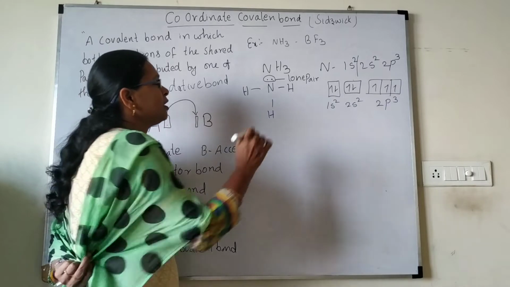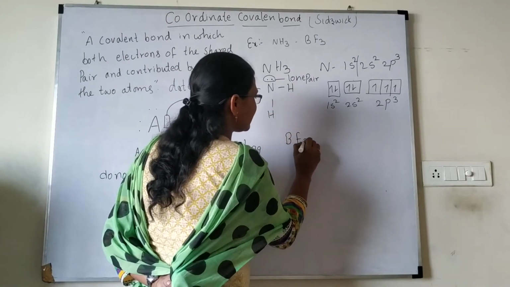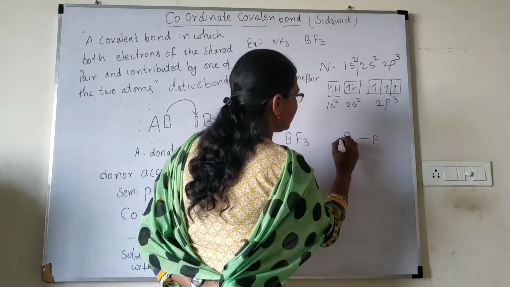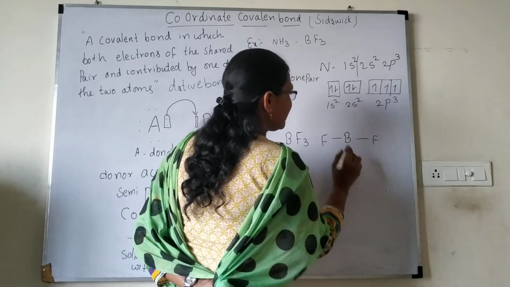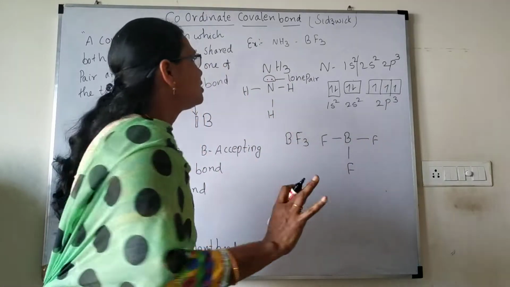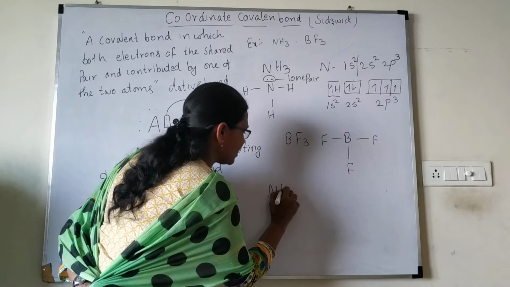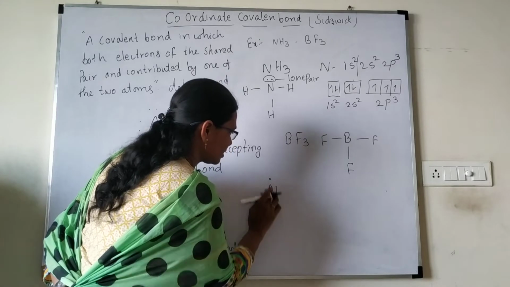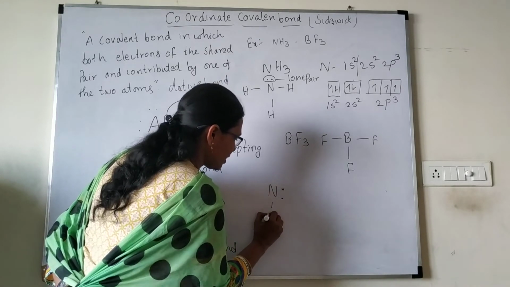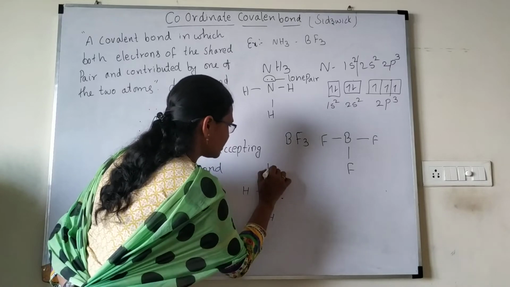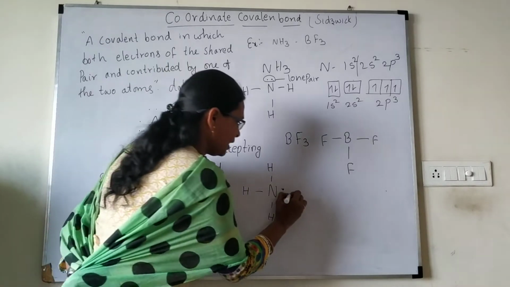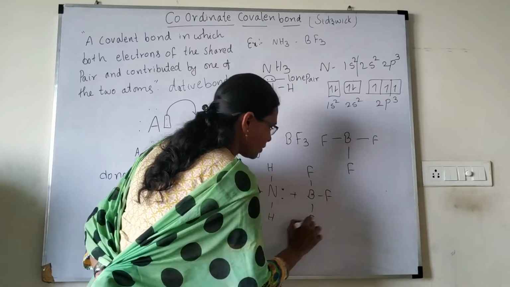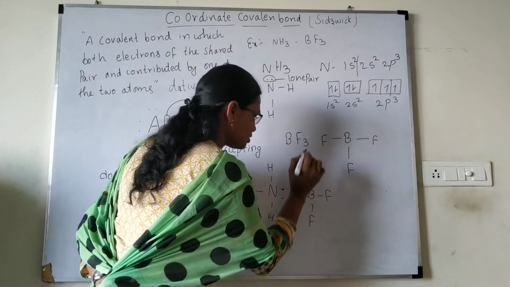So now here you take the BF3 molecule. Boron is a central atom, and this boron is combined with 3 fluorine atoms, right? But here there are no electrons, okay. So here, when you are considering NH3, this lone pair I will write here clearly, so you can understand. So one hydrogen and another hydrogen, okay. This electron pair, boron, one fluorine, okay. So here there are no electrons in this box, okay.